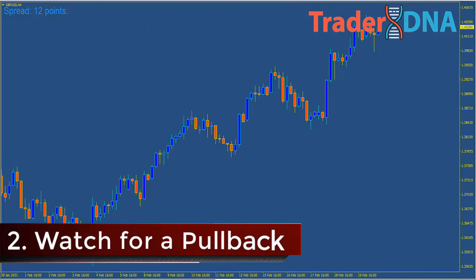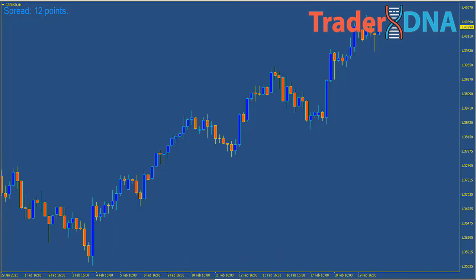Step 2. Watch for an upward or downward pullback. Once the trend is established, wait for a pullback. If there is no trend or it is unclear, don't utilize this strategy. Waiting for a pullback means you're getting advantageous pricing for the next wave of the trend when and if it